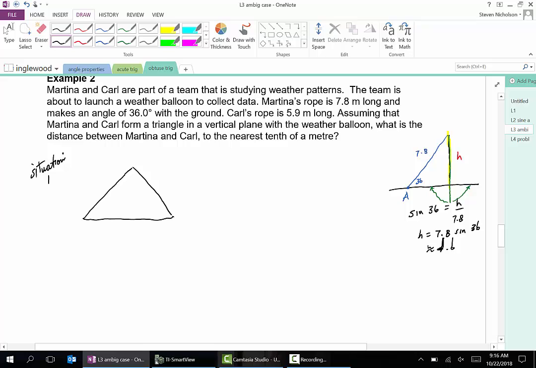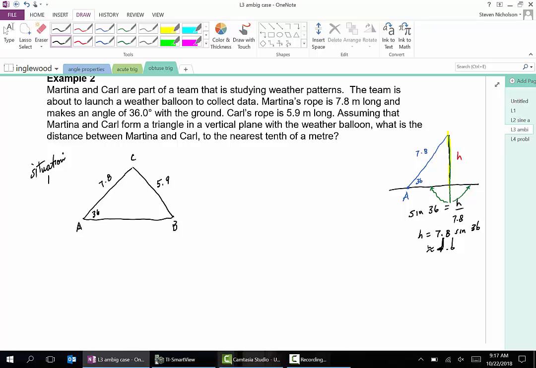Here's Martina's rope, and I'm just going to imagine Carl being on the other side. So here's Martina, here's Carl, and there's the balloon. So right here we have 36 degrees. This is 7.8, and this is 5.9. Now, in this question right here,